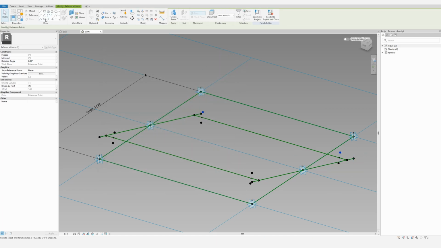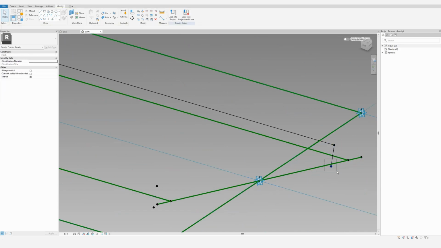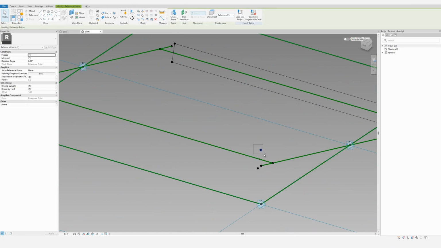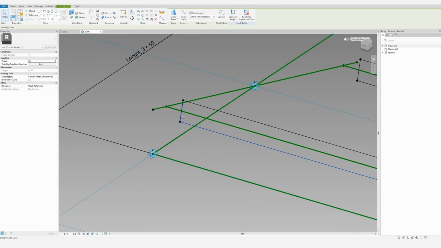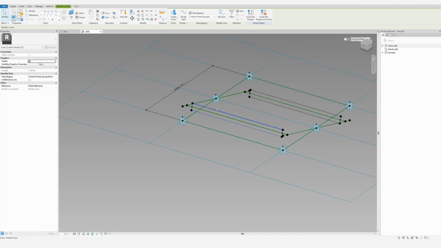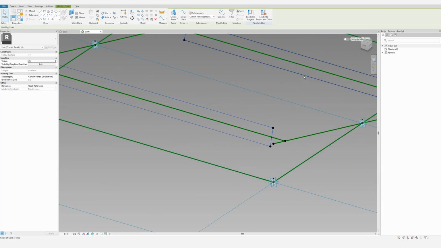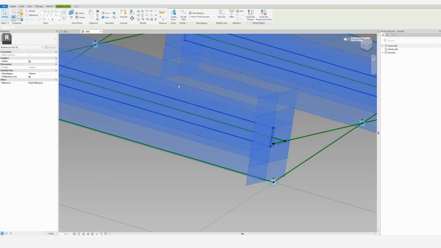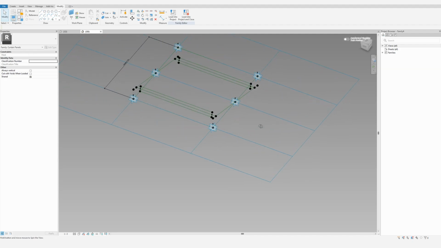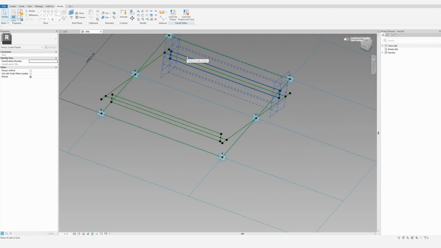Good. Now draw a line. And you have to draw a line between every 4 points on every side. Select the lines you just created. Make them reference lines. Now select these lines